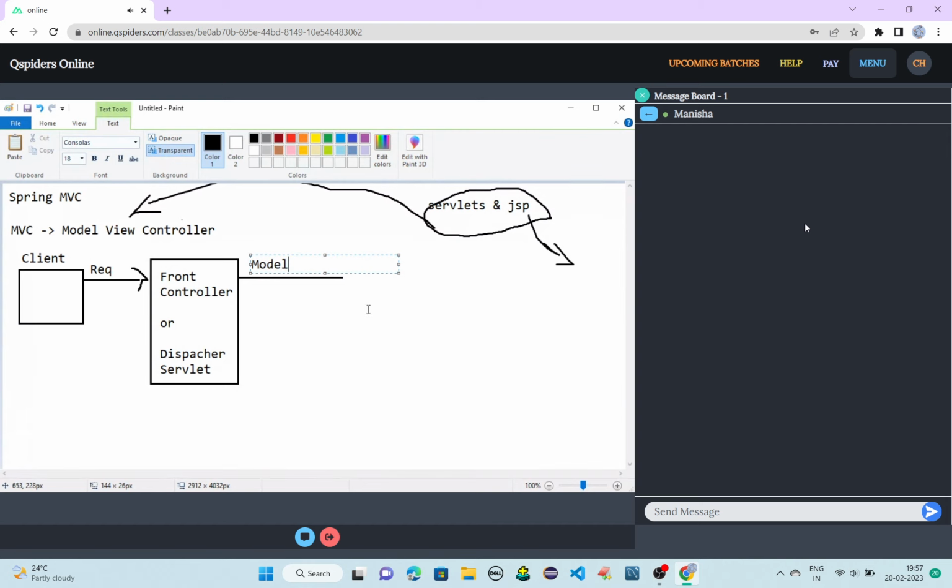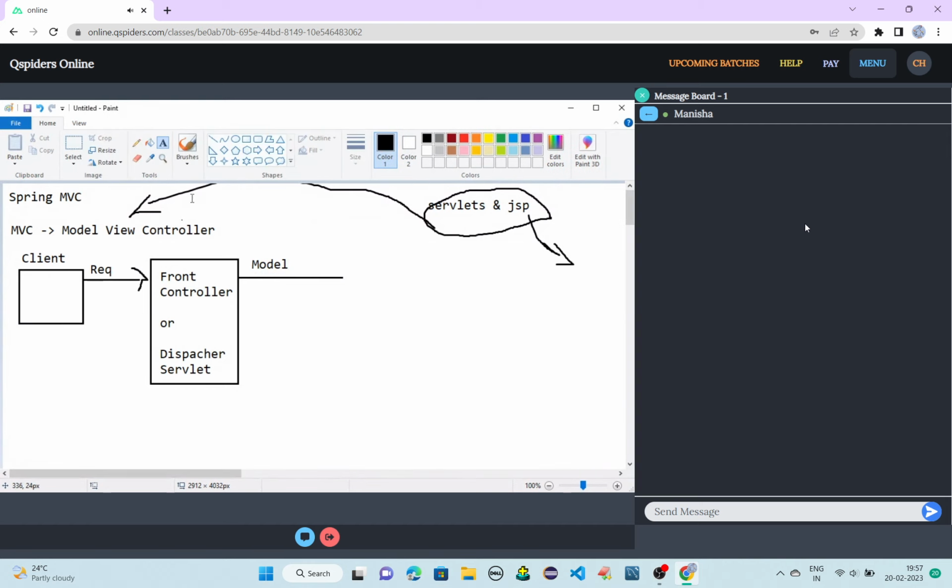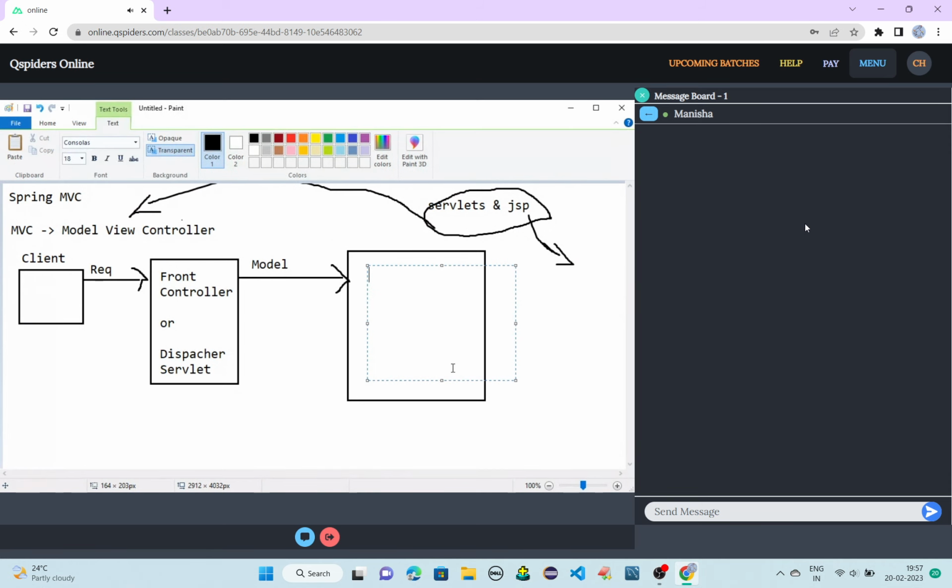So from here, where will the data go? You people completed your Spring Boot project, right? How many layers did you use in that project? Usually in a project, how many packages did you create? You created DTO, DAO and controller, right?